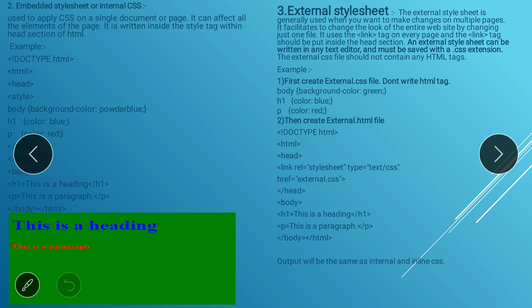I'm not mentioning any HTML tag, and you have to write down only these 3 lines in that, so we can get the same output, right? सेम जैसे हमने इनलाइन और इंटरनल में जो भी हमने लिखा है वही प्रॉपर्टीज हमें अप्लाई करना है ऑन द बॉडी H1 एंड P टैग. यू कैन सी हियर इन external.css I write down the body background color green, H1 color blue and P color red. That's it. So this is my external.css file, and that file I link